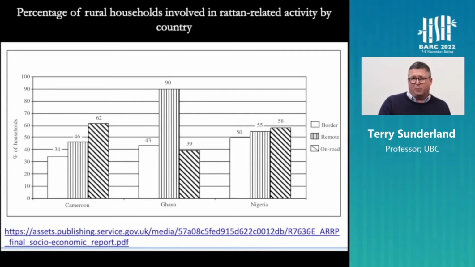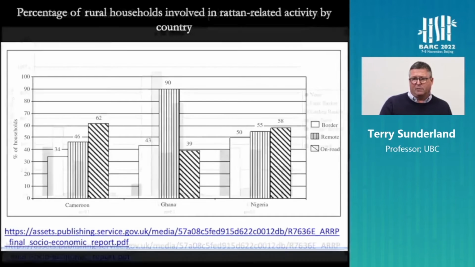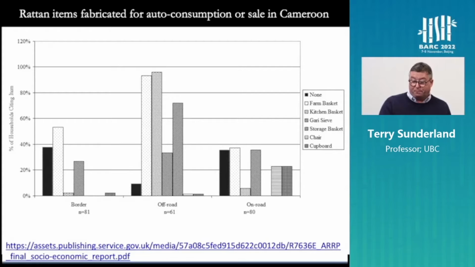The on-road settlements play an important role in extracting and harvesting rattan. A lot of auto consumption and sale in Cameroon, and the types of products that are fabricated are given here, and particularly the off-road settlements where substitutes for rattan products have yet to really reach the